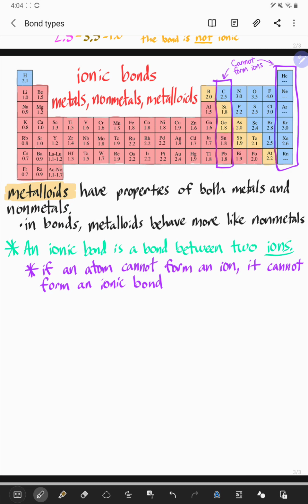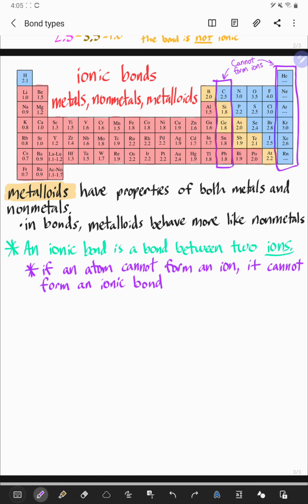But what happens if we have a metalloid? Recall that metalloids have properties of both metals and nonmetals. Sometimes they have properties more similar to metals, and sometimes more similar to nonmetals. So what's going to happen if they're part of a bond? Do we count it as a metal? Do we count it as a nonmetal? Or is it just never going to be an ionic bond, because ionic bonds are specifically between a